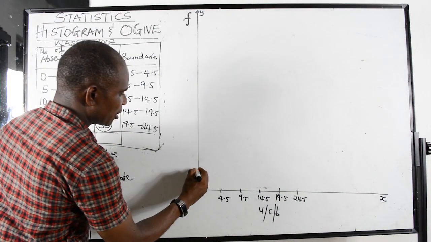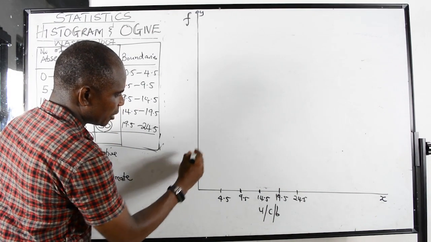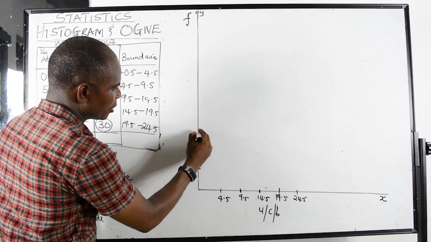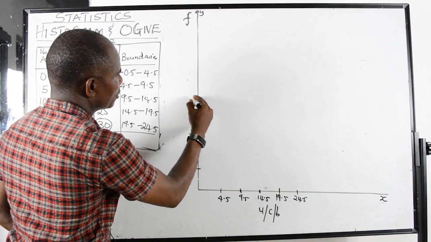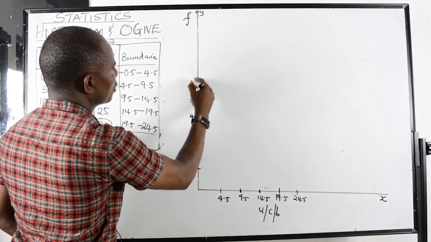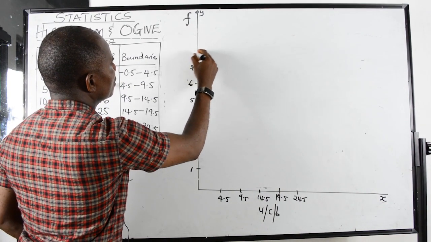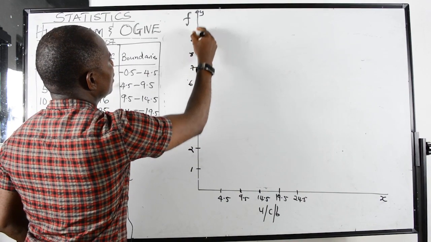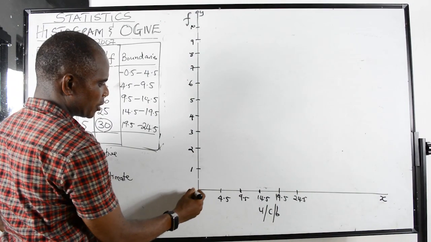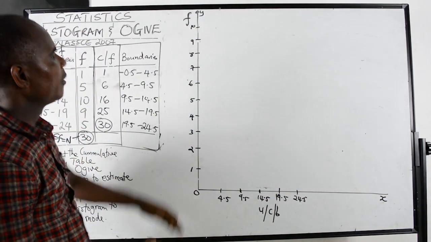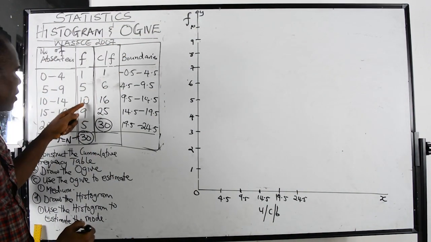So I can use 2 centimeters to 1 unit, 2 centimeters to 1 unit, 2 centimeters to 1 unit, like that. This is 4, this is 5, this is 6, this is 7, this is 8 and 9, then I have 10. This is the 2 centimeters to 1 unit scale I've used here,